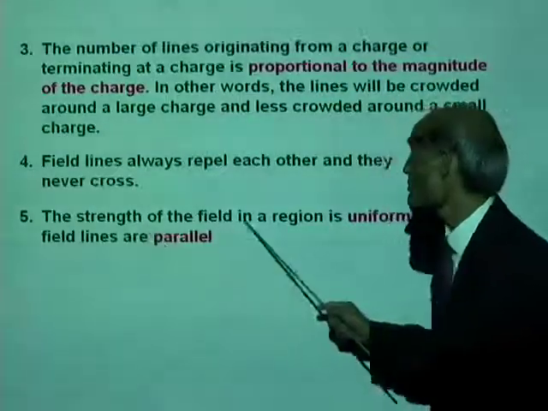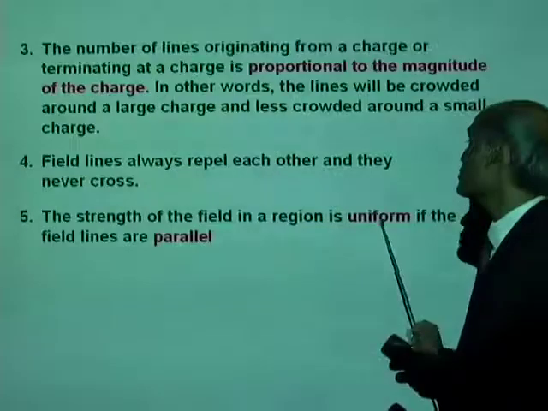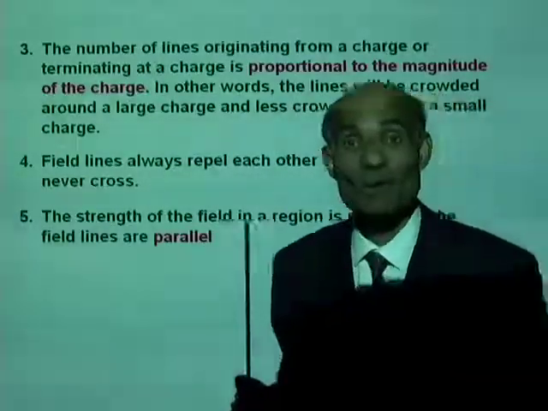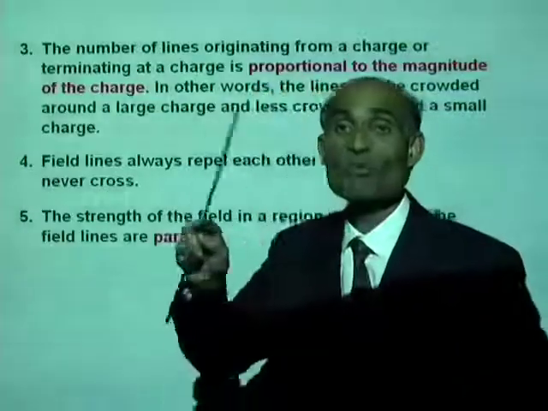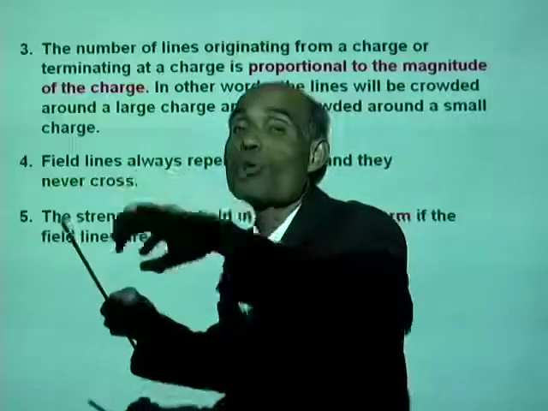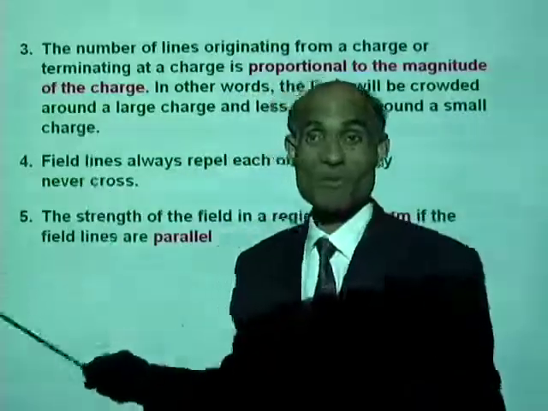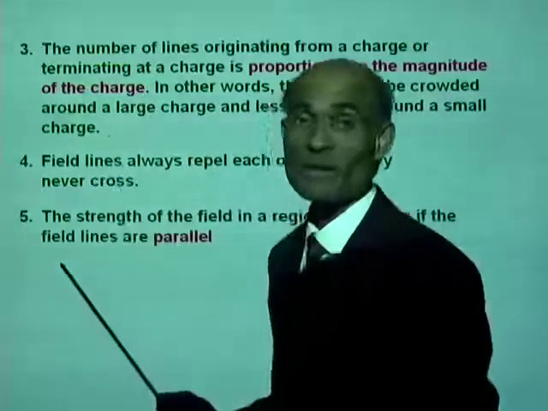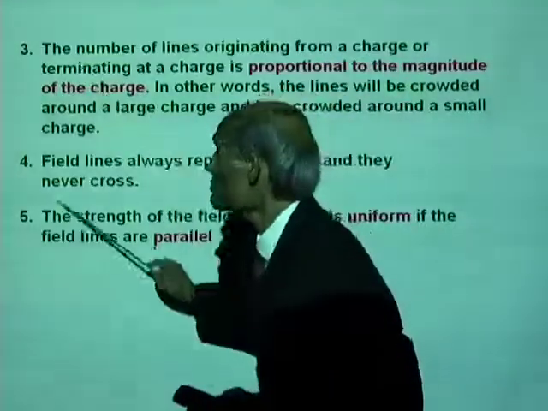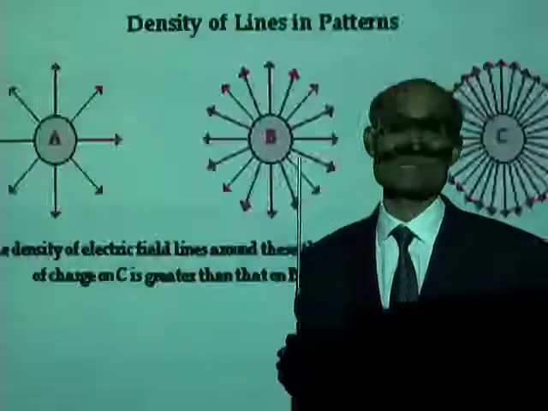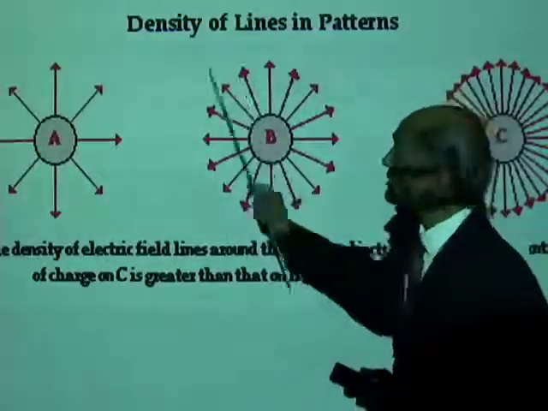The strength of the field in a region is uniform if the field lines are parallel. Now, parallel field lines indicate that the strength of the field all over is the same. But that is understandable from property number 3. So go through these properties and make sure that you understand the meaning of these. Well, here I have illustrated